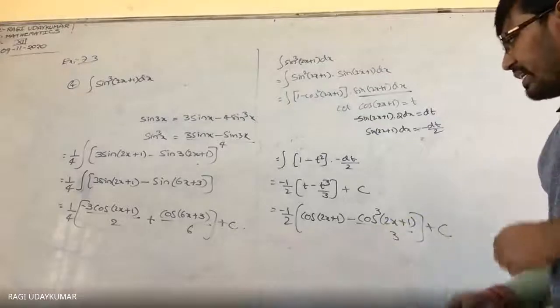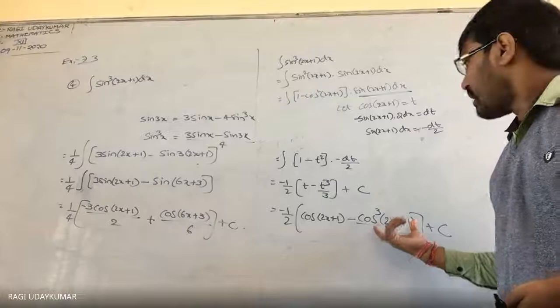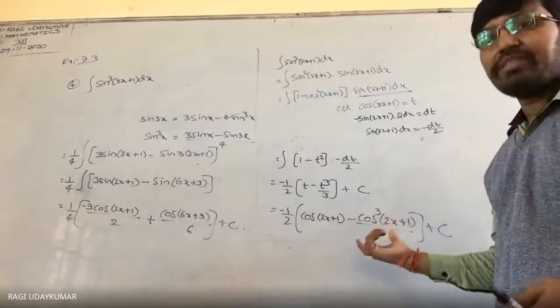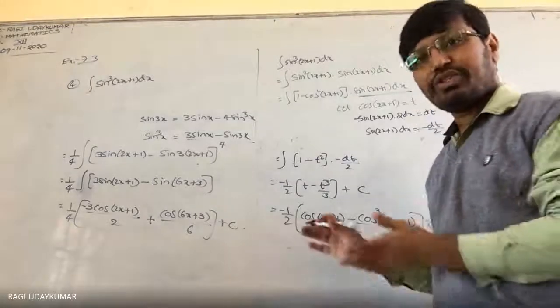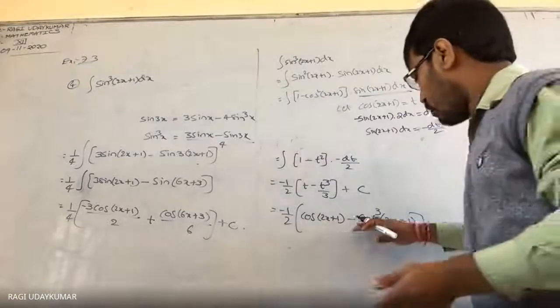Yes. See here. What do you have to change here? इसमें क्या करना है पता है? Cos cube you have to write in the form of the sum. You try to change it. This one takes some time, and you have to work it out. At least you work out that one. आप try करो.